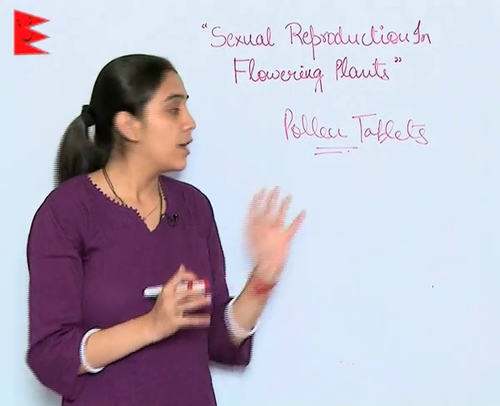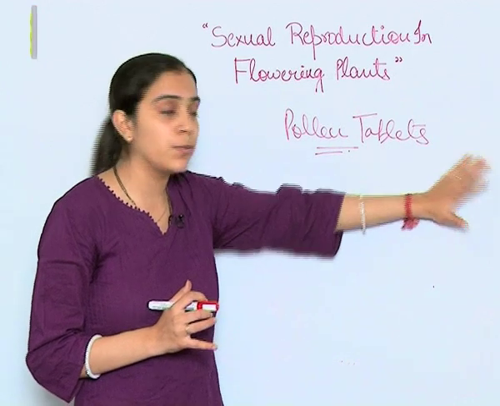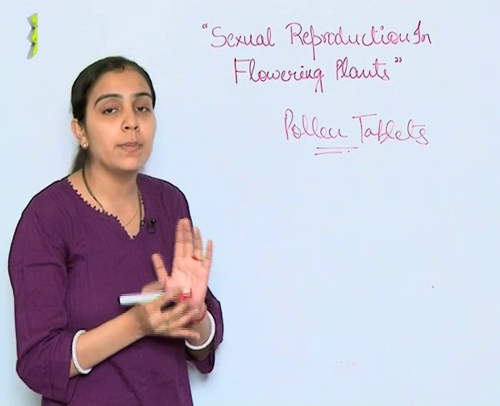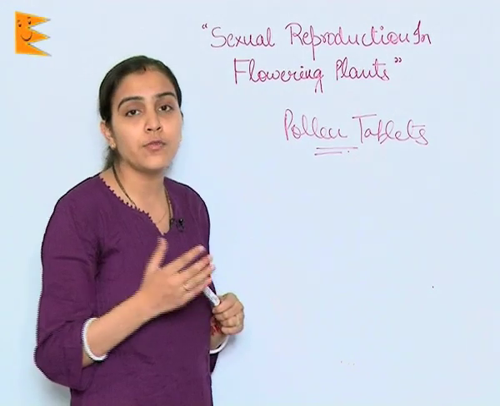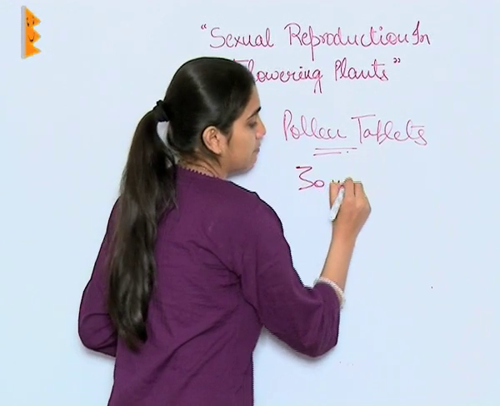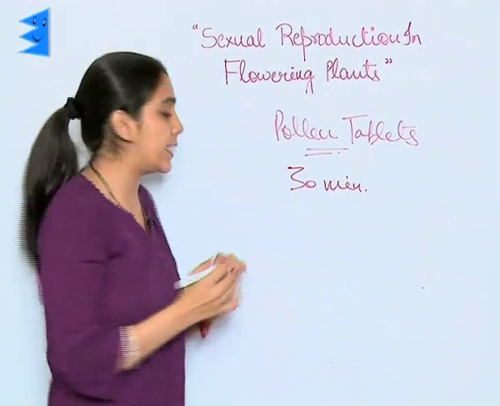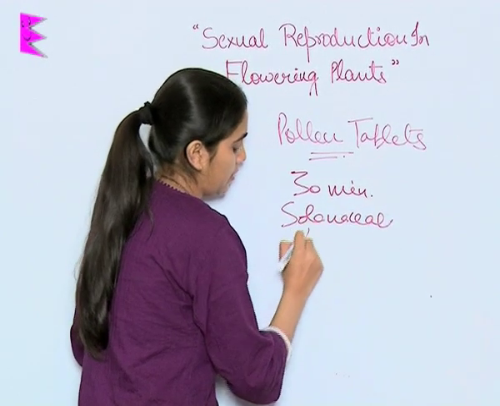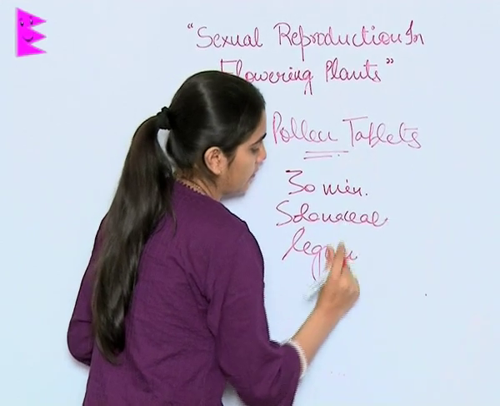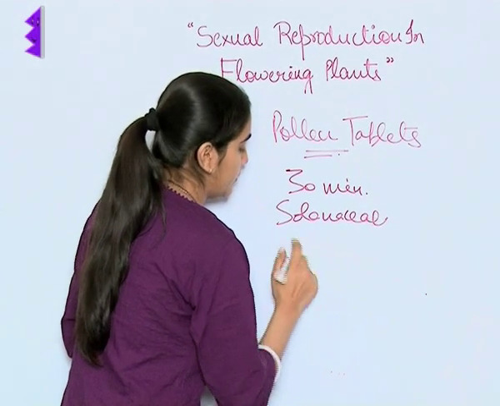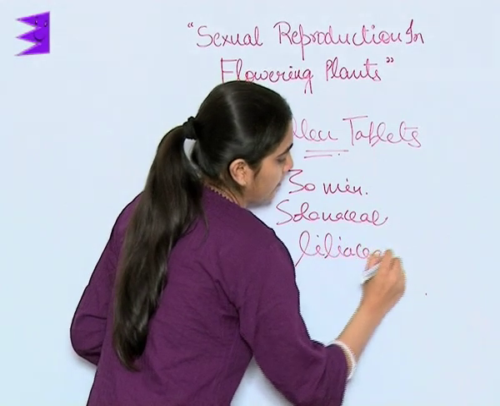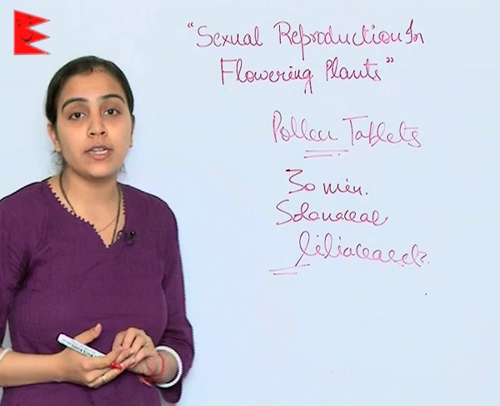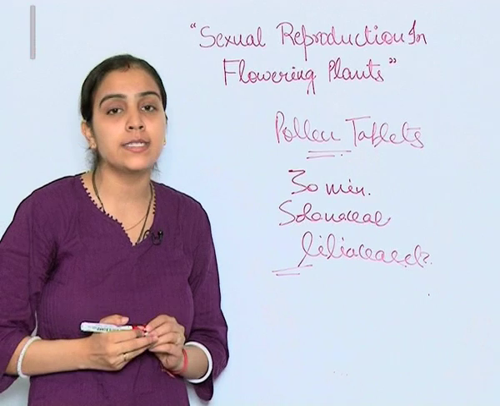Now the time period of the dispersion, of the distribution of the pollen grain and its time taken for the fertilization is known as the viability period of pollen grains. In case of wheat, rice, this is only 30 minutes, and in certain cases the families like Solanaceae, Liliaceae, etc., it is found that the viability of pollen grains is up to months, and even in certain cases it is up to years.